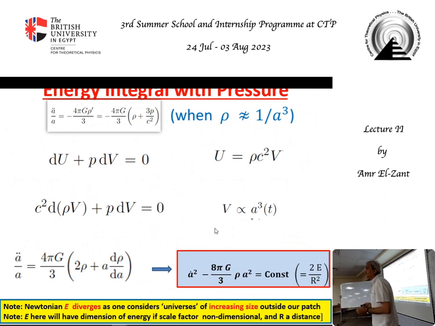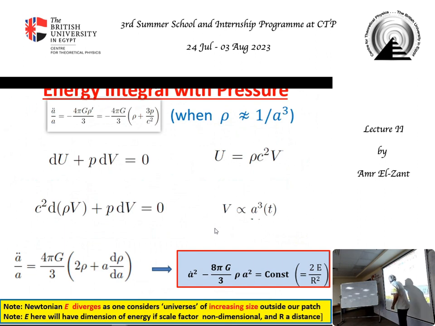It means if you have normal matter and you expand it, the density, the energy density or the mass density, which is equivalent for normal matter, goes as 1 over the volume, 1 over a cubed. But that's not the case for radiation, for example. For radiation, the number of photons goes down as 1 over a cubed, but each photon gets redshifted. H nu, nu goes down, so it's 1 over a to the 4, actually. So you need to take that into account in this equation. You can't just put a cube like we did. Okay? So the relativistic internal energy is this.